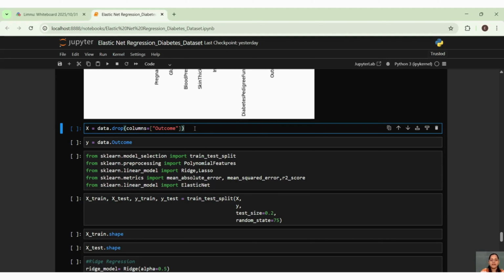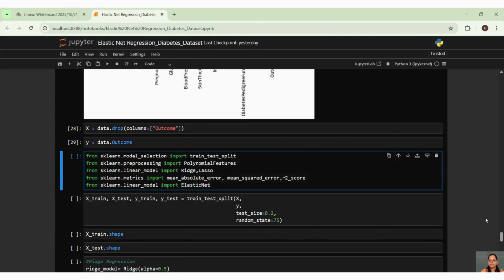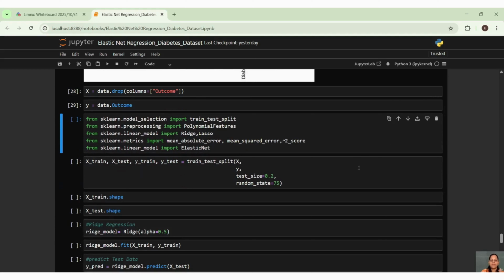So I'm going ahead and creating my independent variable and my dependent variable. My X is my independent variable altogether, where I have dropped the column outcome, and my Y is my dependent column, outcome.